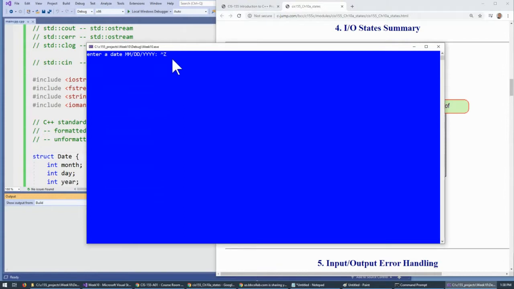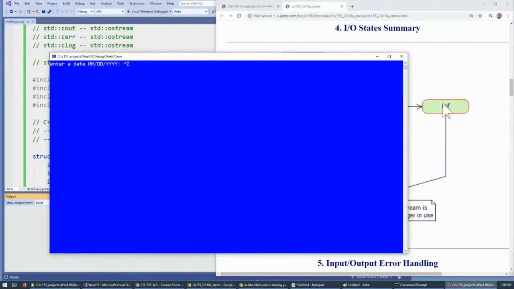And so Control Z actually puts the state in end of file. So the single input Control Z puts it in the end of file state. Even from the keyboard, you can generate end of file. So if we hit enter,